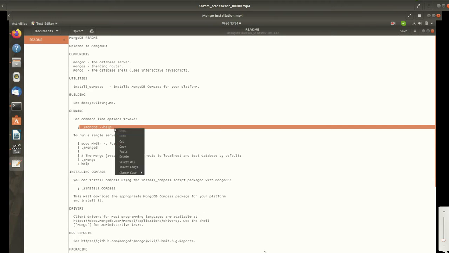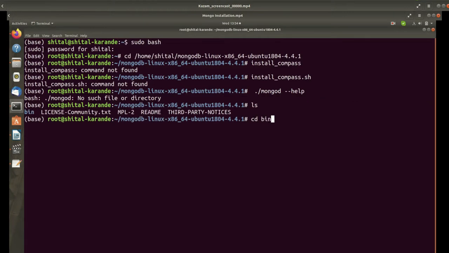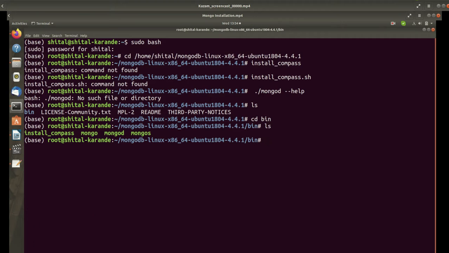If you want to see the MongoDB help, we can use this MongoDB help here. For using this, I should have the Mongo Linux Ubuntu 4.4.1 folder as my current working directory, and I should be in the bin directory.